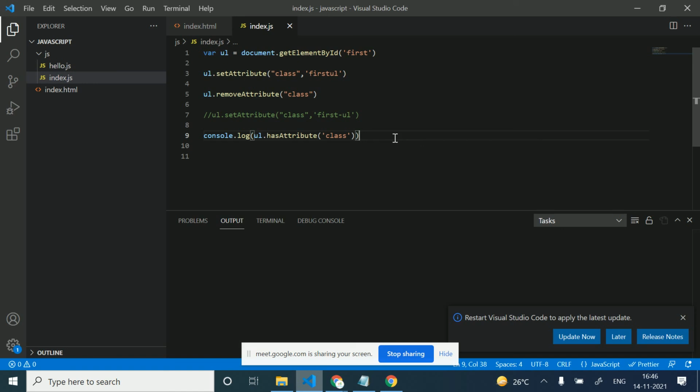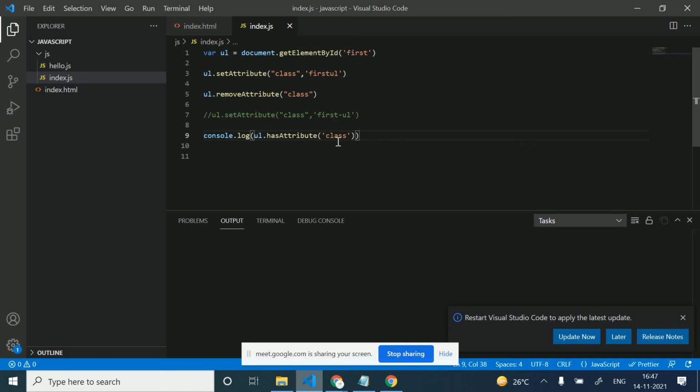In this way we can also set the attribute by using functions. Before that, we already discussed how we can directly use ul.id and ul.className to add the attribute. There is also how we can add the style. Style is a different type of attribute because it has different values, not a single value like class and id. We can add it directly, and we can also add it with setAttribute, because this is an attribute.